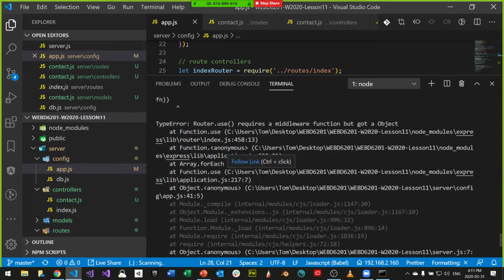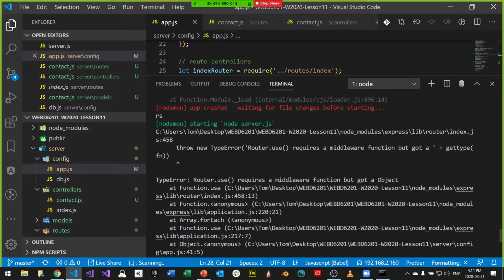Then we're in express.js, so we're actually using an express function. And then it says, hey, there's node modules, my application.js, my express router, right? And then router.use requires a middleware function but got an object. All right, so router.use is something that's a problem, and it tells us where, right? It's on